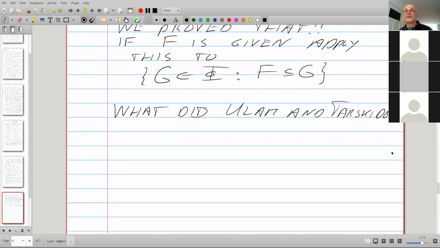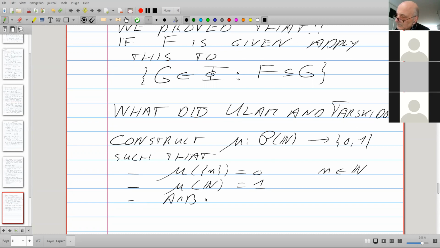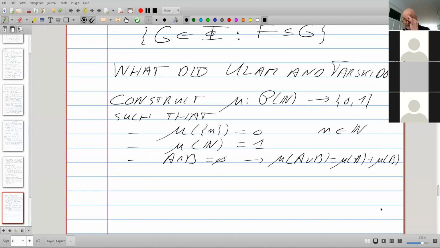What they did construct was a function from the power set of N to {0, 1} that satisfies these three conditions.